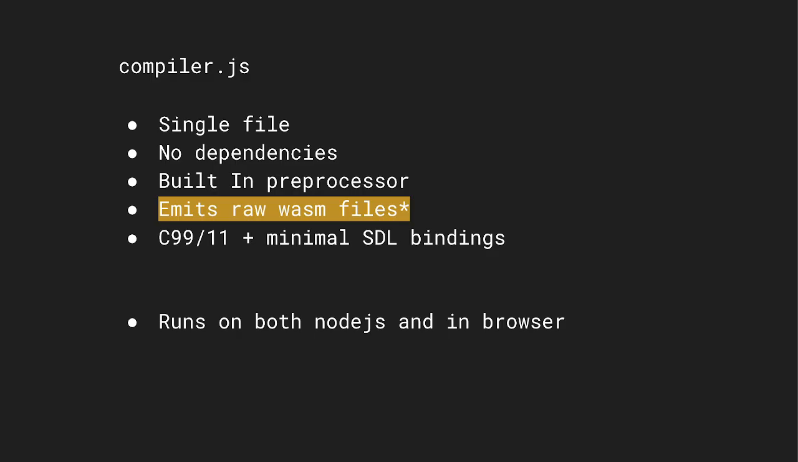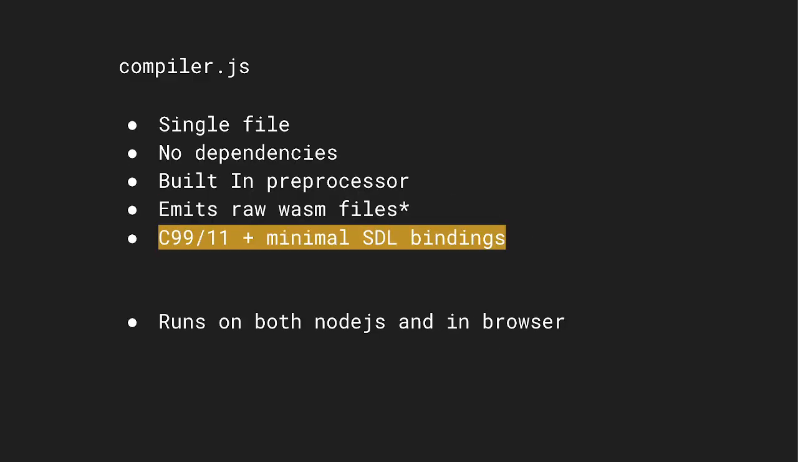My single file C compiler will produce raw WebAssembly files. So what exactly is covered here? It's a little bit more than this, actually. I've tried to cover almost all of C99, and then a good chunk of C11, and then some minimal set of SDL bindings to be able to do